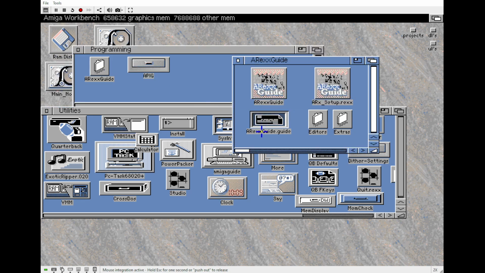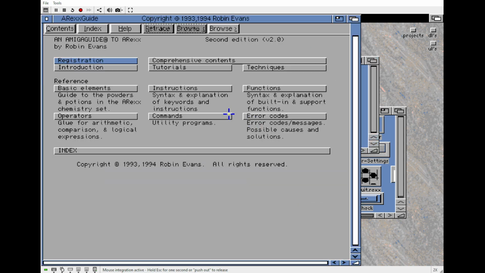Oh wait, I'm sorry. There's this guide thing. So this is the hyperlinked, marked up guide instructions for the AREX guide. Let's see here. Yeah, Amiga Guide, I don't remember, I think it came out with Workbench 2.0. I don't think there was Amiga Guide built into the earlier versions of Workbench. But Amiga Guide, when you can find instructions for something in Amiga Guide format, it was great at the